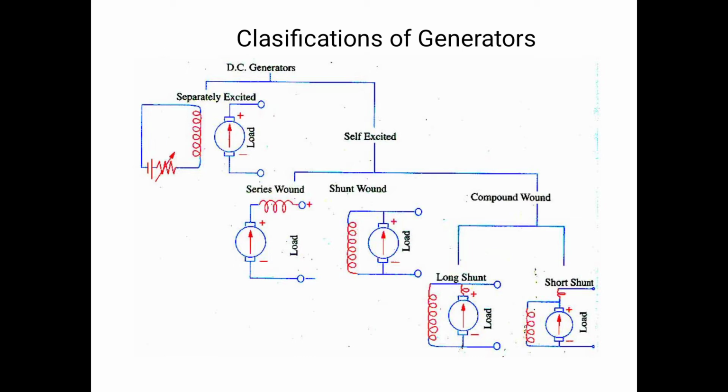Okay, series connection means the current flowing through the elements is the same and the voltage divides across each element. In case of series connection, the current flowing through each element is the same and voltage divides across each element. That connection is called series connection. So here armature winding and series field winding are connected in series. It means the current flowing through armature winding equals the current flowing through series field winding.